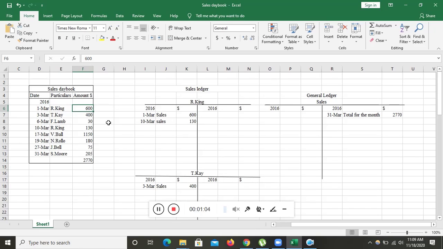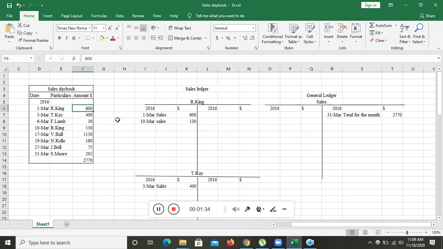If it is not available, let's suppose it is written that R King has purchased 6 rolls of green grass and per roll costs $6, so I have to multiply it, then there is a trade discount and everything. These all items sorted out would give me a final total. If these items are written over there, then we have to make a sales invoice. But don't worry, the question will always tell you whether to make a sales invoice or not.